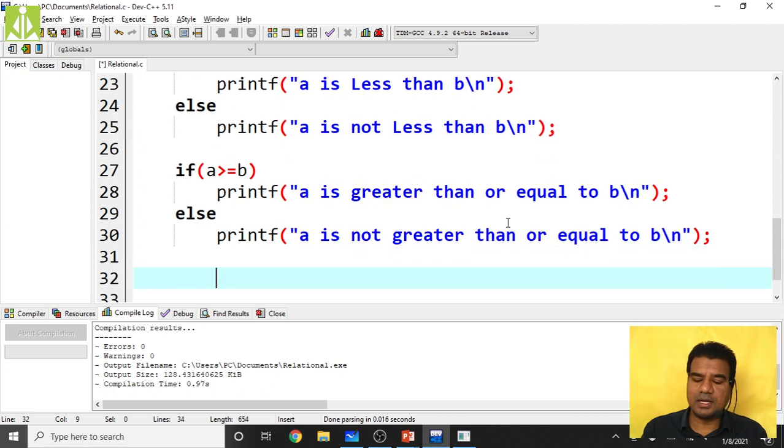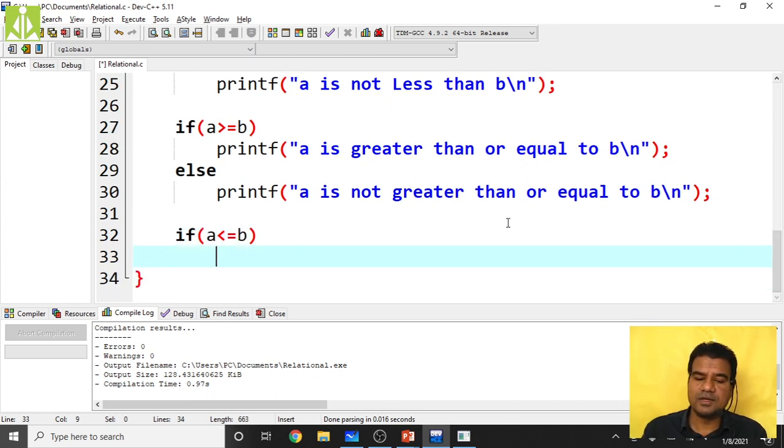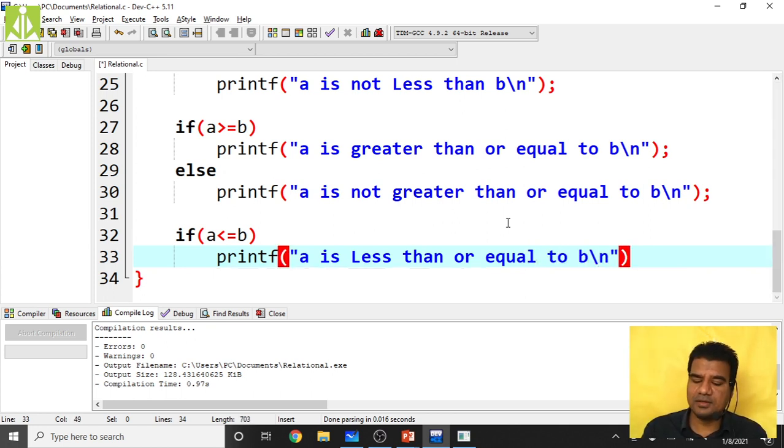Finally we are left with only one thing, that is a less than or equal to b. So printf "a is less than or equal to b", backslash n.